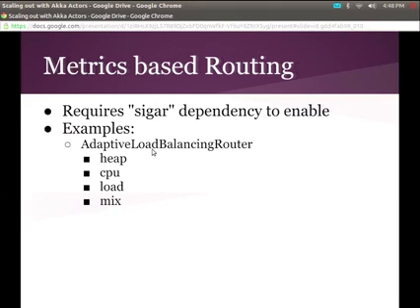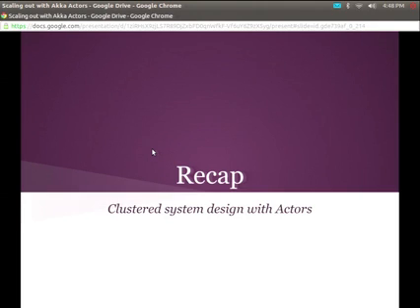To recap, this is a little bit about clustered system design with Akka. Okay? We're looking at Akka 2.2. We're looking at the new features that are coming. And we're looking at basically how do I take an existing actor system and parallelize. Okay? Everything I showed you today that I was doing with code, ideally, all of it will be in configuration in the future. So you can write your application with actors on a single node, test it, verify it, and then add a new config file that explains how to portion things out on a cluster.